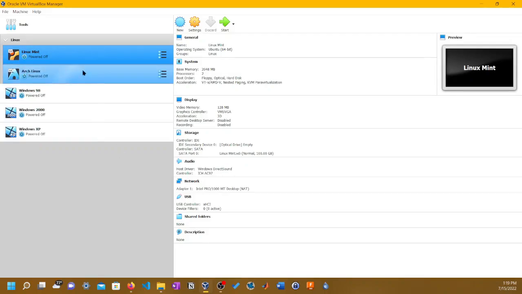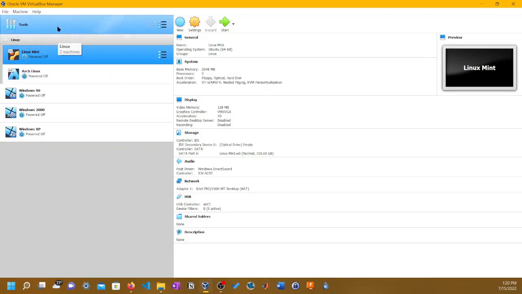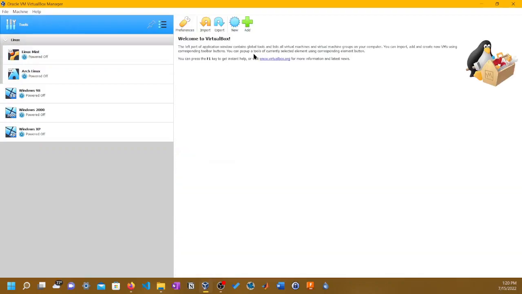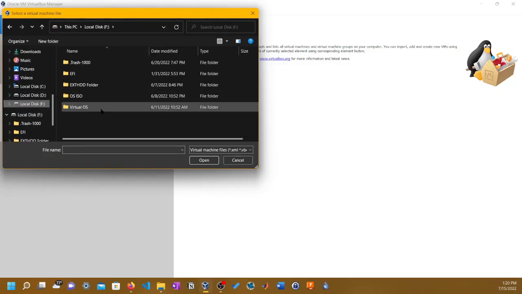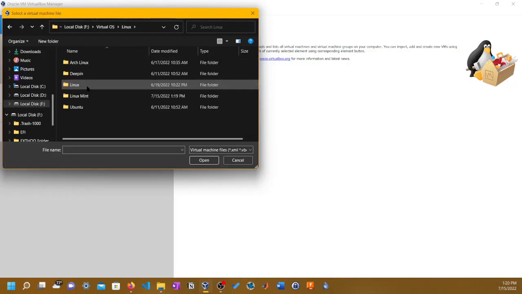So, these are not the only ones that I have. I have more of these in my external hard drive. And I could actually add it to my VirtualBox. So you just go to Tools, add it. Go into my external hard drive. Virtual OS, Linux.